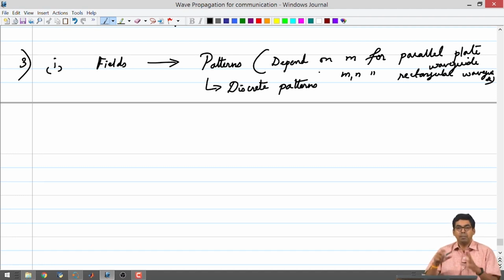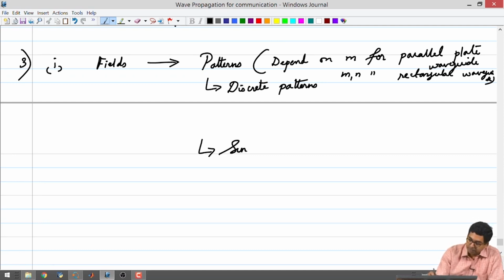They go from being a single spot to suddenly two spots, you do not have 1.5 spots or something like that. So, you have one spot or you have two spots or you have three spots, but you do not have something in the middle. So, these are discrete patterns, and the patterns consist of, both in the case of rectangular and parallel plate waveguide, sinusoidal variations